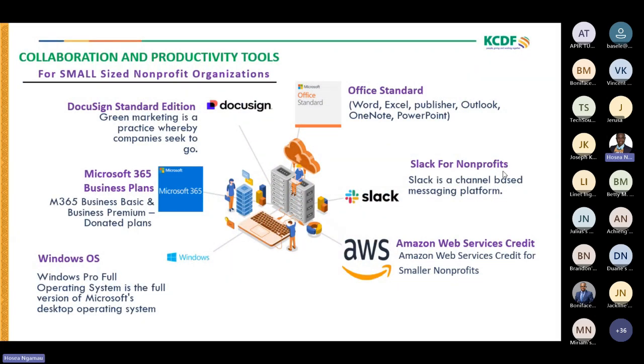Thank you, Boniface, for that introduction. He has taken us through some of the most sought after tools for small organizations. It doesn't mean that some of the products that we have categorized as for small cannot be used if you are a medium or a large organization, you can take advantage and vice versa. So I'll be taking you through the same category, collaboration and productivity tools, and we are talking about